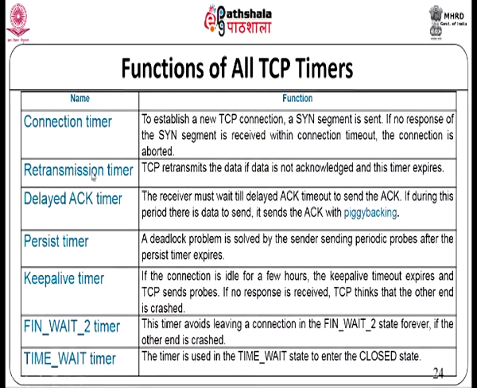Similarly, there is the retransmission timer, we know this already, the time at which you will have to retransmit. Then the delayed ACK timer. This is used if the receiver would like to wait before sending out an ACK. If you want to use a delayed ACK option, then we have a delayed ACK timer for that. There is a persist timer, used for sending out periodic probes when the window closes. Then we have keep alive timers, for instance if the connection is idle for a few hours. Then we would like to use a keep alive timer which periodically sends out probes to say, look, I am alive, this connection is still alive.